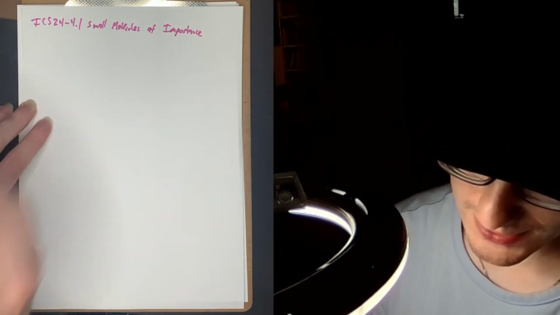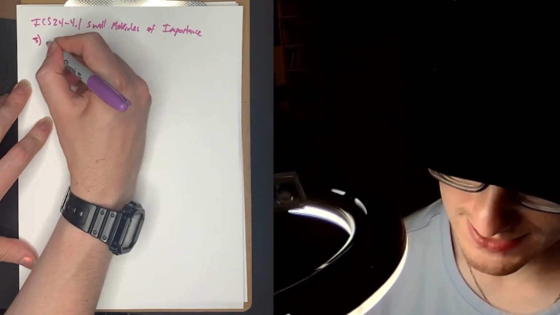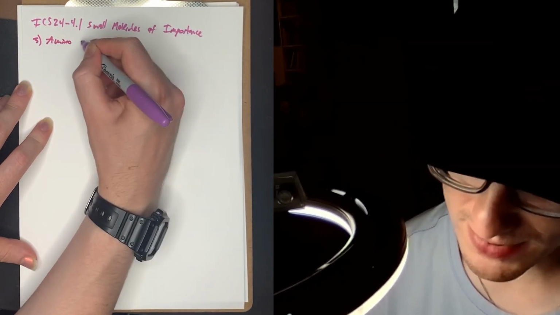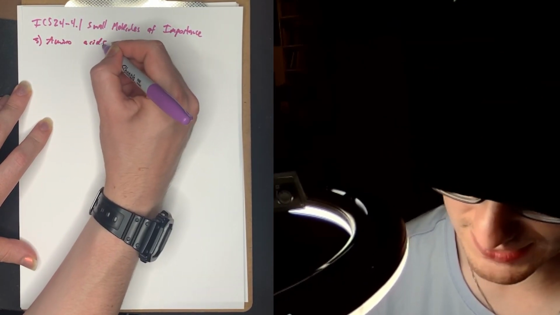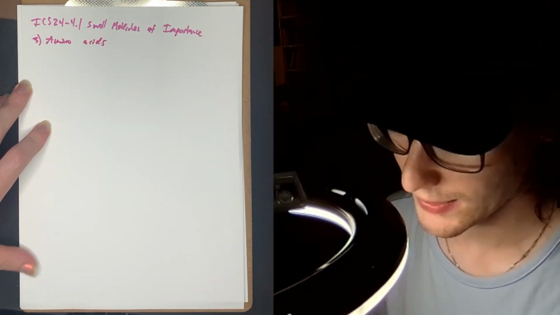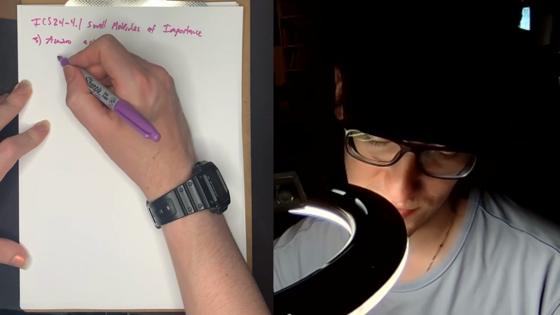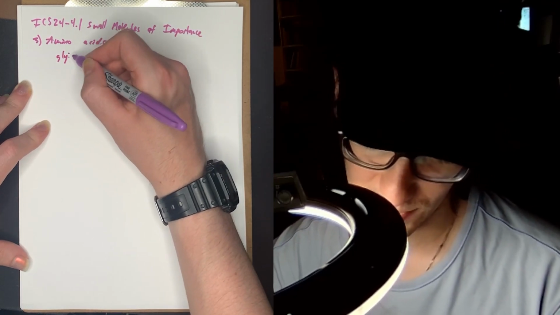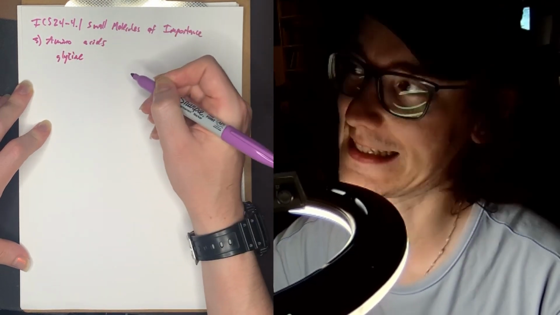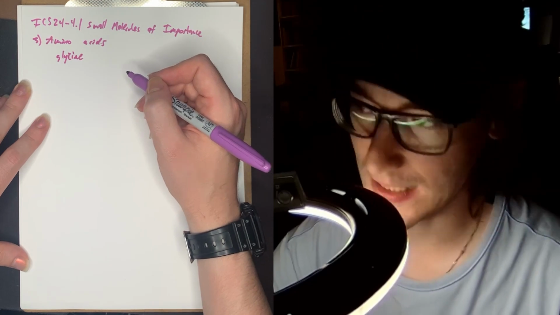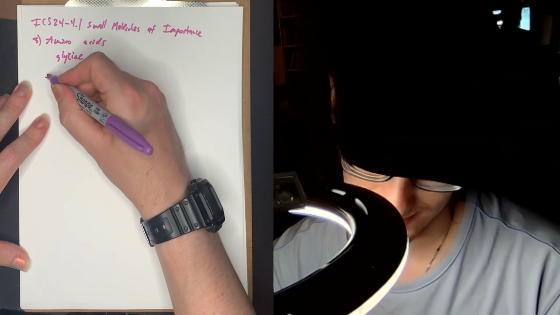Now, lucky us, we are looking at amino acids. So amino acids are a very basic, conceptually speaking, molecule that happens to be incredibly important for life. There's a whole bunch of them. For example, if I were to draw you a glycine, which is a type of amino acid, its ion would